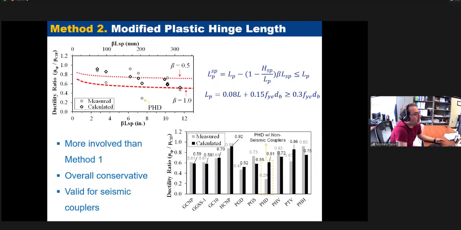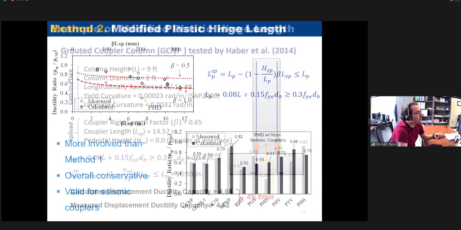The second model or method is more involved. You need to do a kind of pushover analysis, but it is more accurate than the first one, and it's overall conservative, and it's only again valid for seismic couplers. Again, if you do it for non-seismic ones, you are off. And the last method, which is a